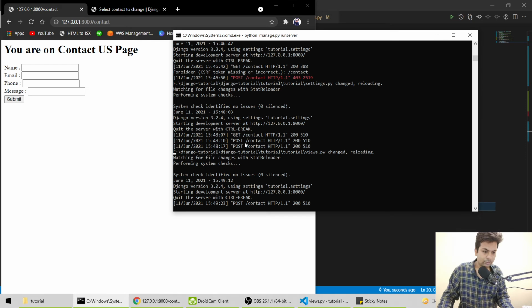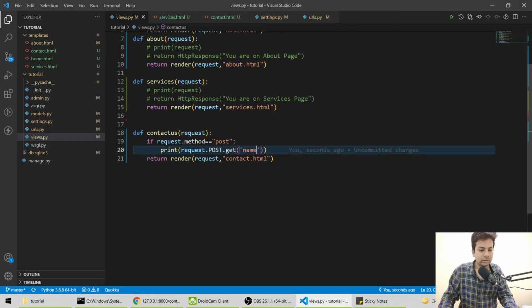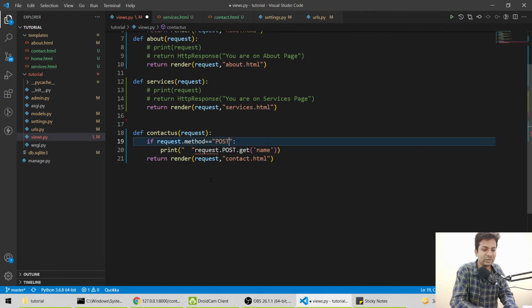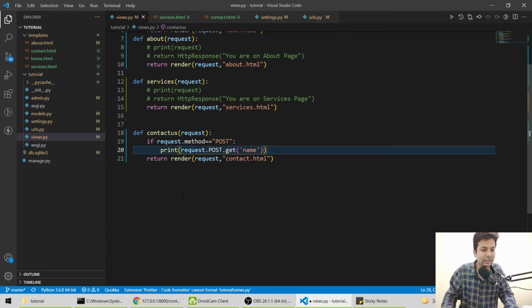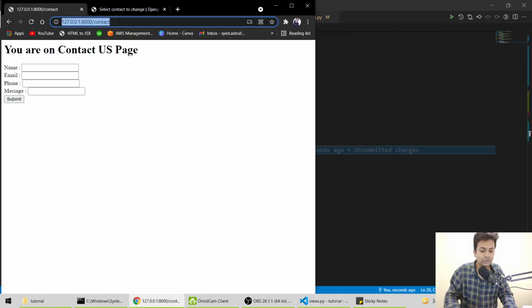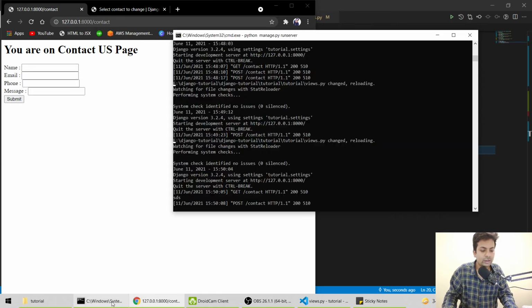It's not printing the data coming here. Let me check: if request dot method is double equals to post. Sorry guys, that's why it wasn't printing. Let me reload it again, enter a name and hit send. See, it has printed the name, so now we have got the data.